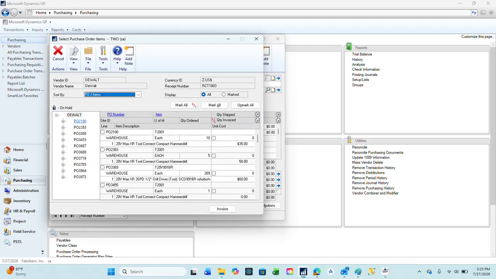And on the left-hand side of the screen here, these are all the POs for this vendor that have been received but not yet invoiced. And we're going to take a look at this last one here. So these are the 3 items on this PO that have been received. And I could check the box next to each one to add them to my invoice. Or at the top of the screen here, I could just hit mark all and select all 3 items at once. And then when I click the invoice button here,